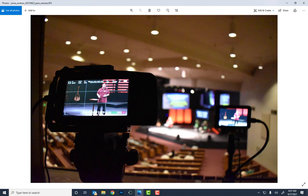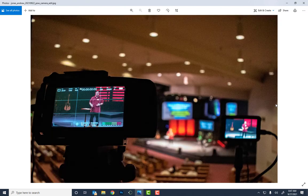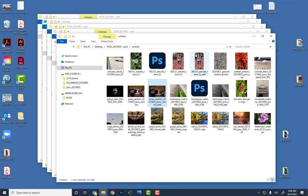And you see that you can't really see a whole lot on the monitor and all that. I think he might have over-adjusted some things. I'll work with him on that a little bit. But now you can see what's on here. So anyway, overall, composition-wise, it's pretty cool. It's a good idea. Just show what's on there. So that's pretty good by Andrew. All right. Okay, so here's one